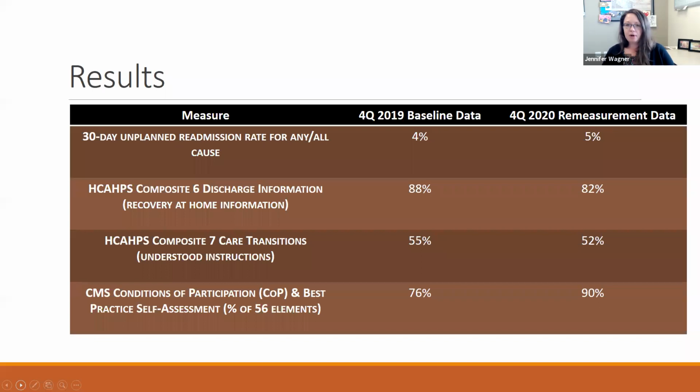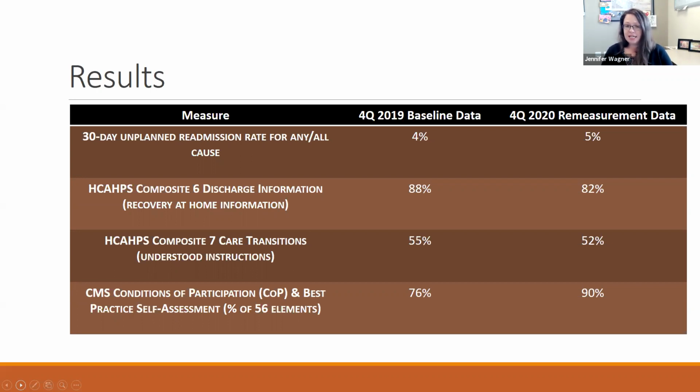We were able to complete a remeasurement period for this project. And the data isn't completely what we wanted to see. However, we have this big outlier of COVID. Fourth quarter 2020 is when we saw our highest influx of COVID cases and hospitalizations in Montana. So though I believe that can't help but inform those readmission rates and HCAHPS scores, I would like to monitor and revisit the data during a time of normal volume for hospitals, where they aren't completely at capacity and they have normal workflows.